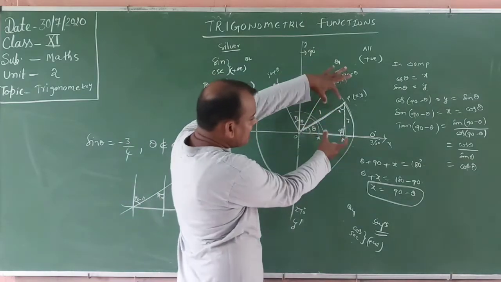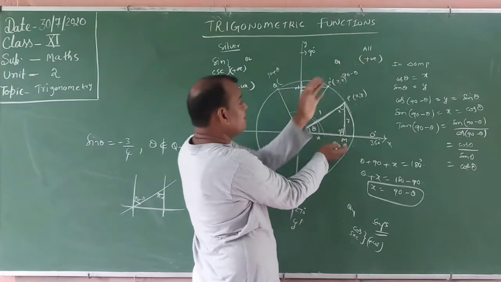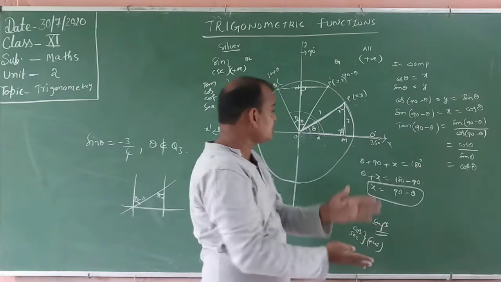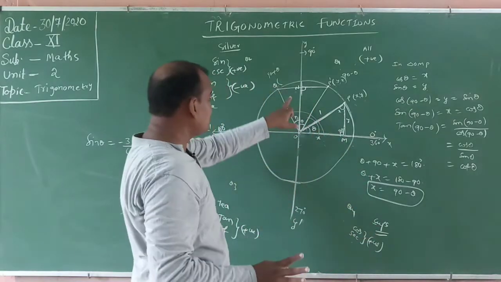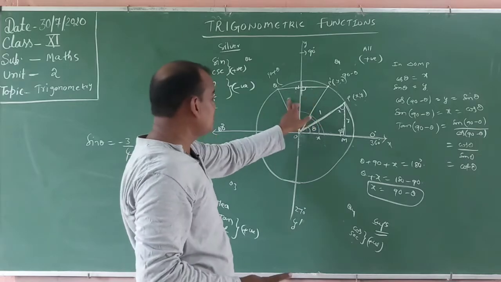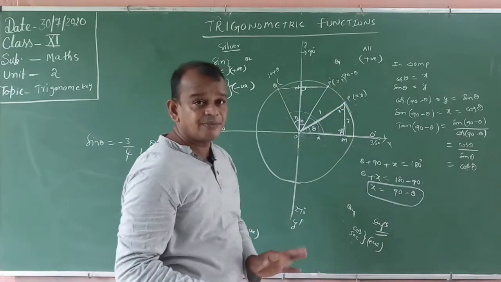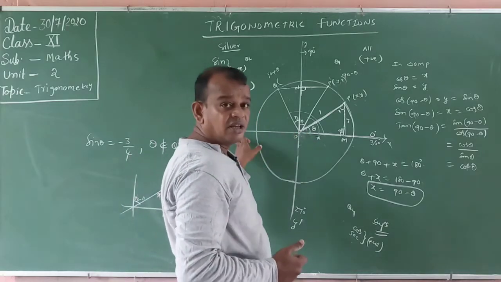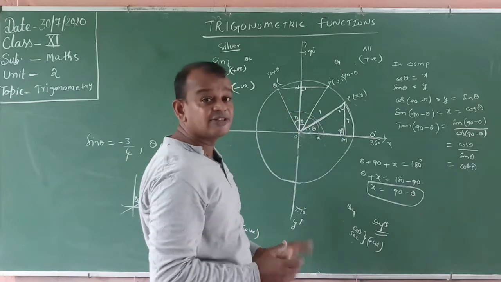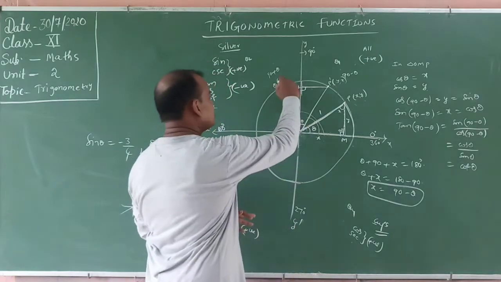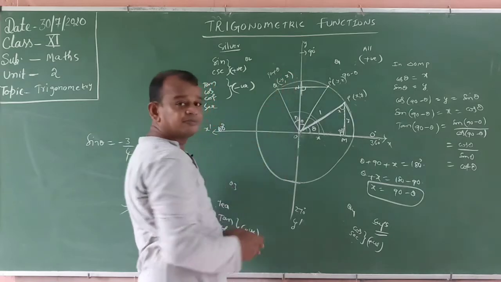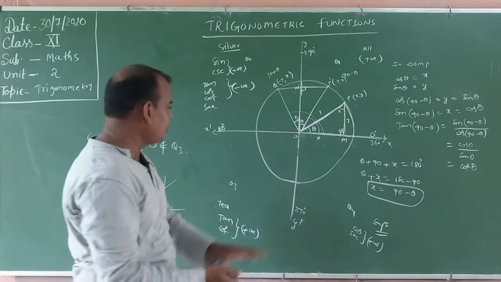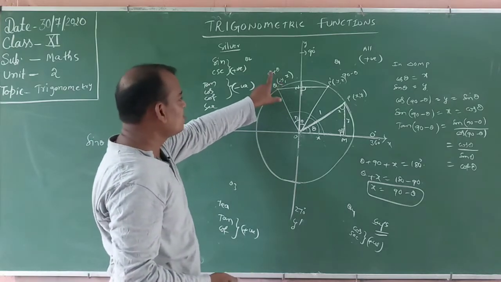Here the original diagram is this one, this is x comma y. Whenever you rotate this one, it automatically changes: x changes into y, and y changes into x. Those two are congruent triangles, no doubt at all. In this one also, these two are the same, 100%. These are congruent, y comma x, but the sign will change. This is the second quadrant. In the second quadrant, observe that, x is negative and y is positive. The x coordinate is negative, so it is minus y comma x. Understood or not? Minus y comma x. Why? Because this is the second quadrant. Now this value is cos. What is the angle? 90.